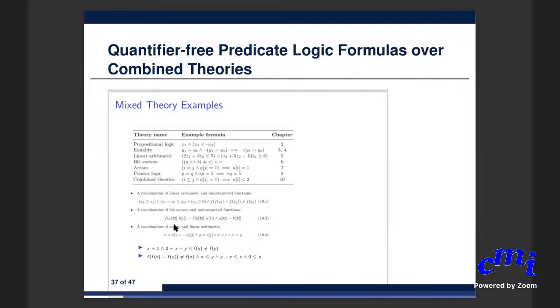Similarly, you can have function symbols which are uninterpreted. In this sense, they can be anything, and you can have equalities and arrays and so on. So that is the power of these things. This is mostly what SMT solvers do for quantifier-free formulas. By quantifier-free, what I mean is, when an SMT solver decides that a formula is satisfiable, implicitly it means that it is deciding